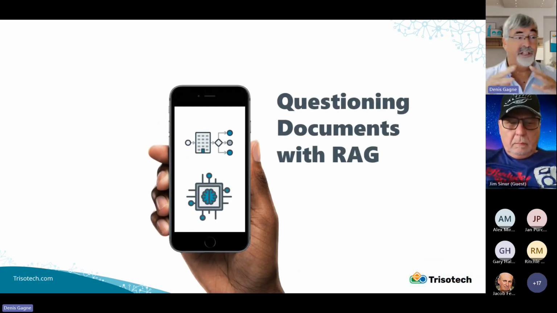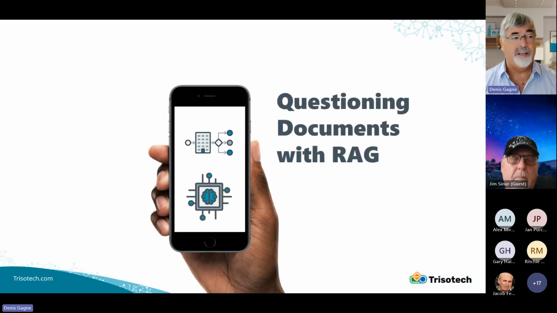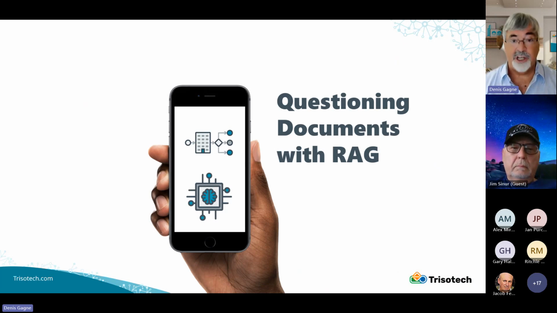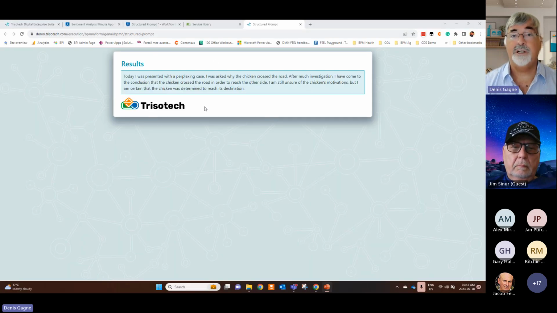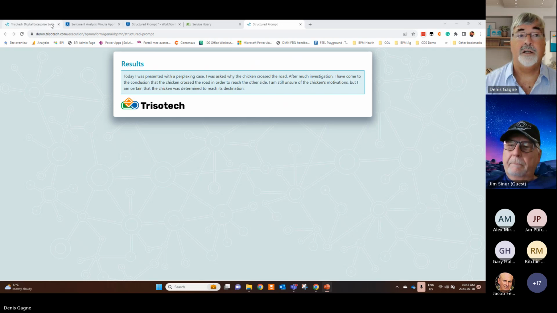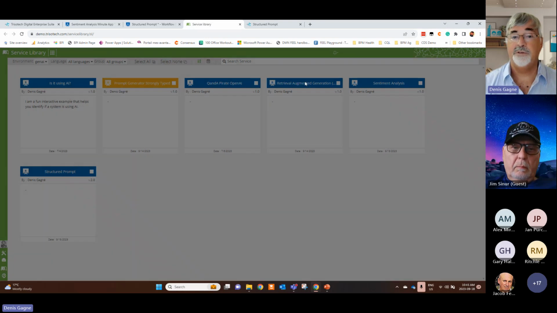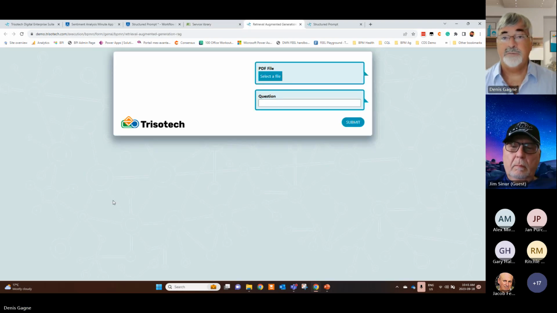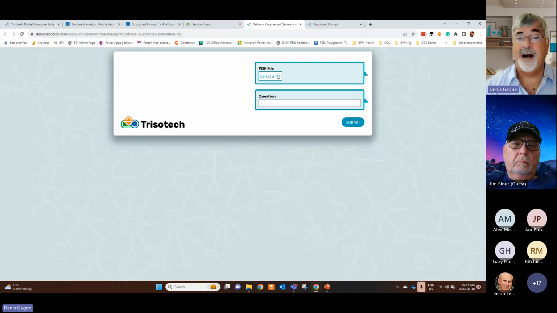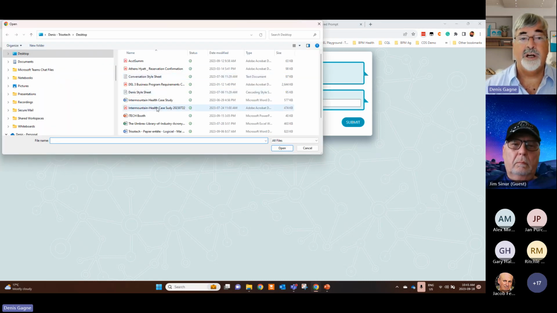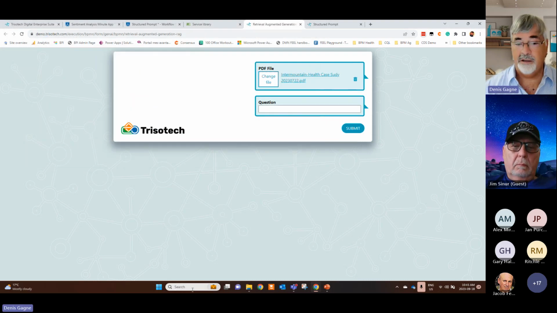So already you see there's a lot more orchestration taking place there than maybe just a prompt completion. So let me show you quickly this idea. Let me go into the retrieval augmented. So here I'm going to pull a file from my desktop. I'm going to take a Trisotech. Let me go see that file. I'll show it to you. Just a second. Sorry about that. Should have got ready for that.